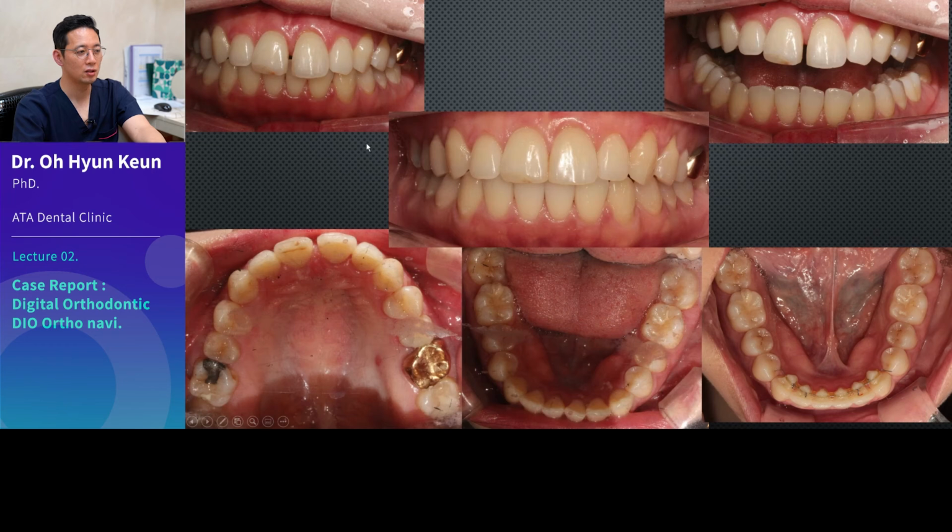When you first look at a case and notice there's a little bit of a gap, then the first choice is a clear aligner. When you don't have crowding but gaps, a clear aligner is very effective. It's sort of a rule. It's not hard to close anterior gaps using a clear aligner. But if you look at this, the mandibular incisors are almost touching the gum.